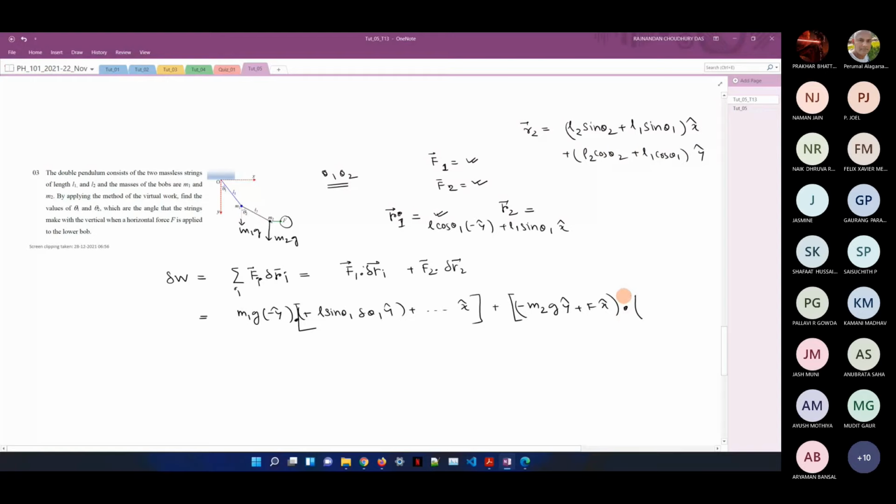So you find what delta R2 will be from this. You take the dot product, then your final equation will be of this type,